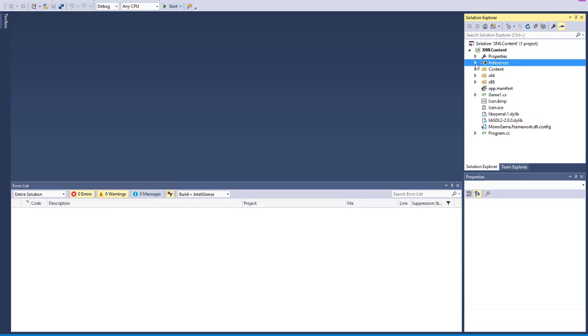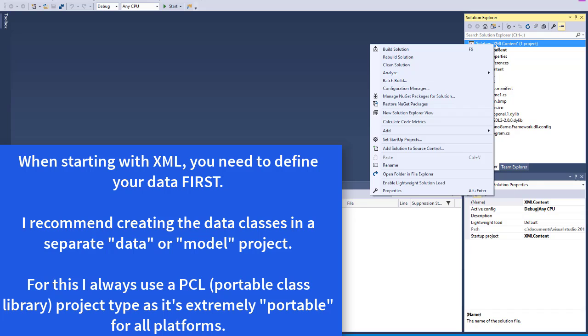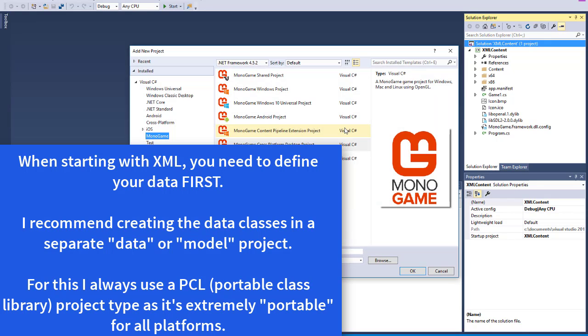Okay, so we have our project and we want to start building some XML. But before we do anything, we need to look at what kind of data we're looking at. Now, with MonoGame, you can generate your data inside your game, but my recommendation is you don't. You should create a brand new project side by side with it. In XNA days, this was a bit of a pain because it meant you had to have a separate library for each platform. But now, because this is MonoGame,